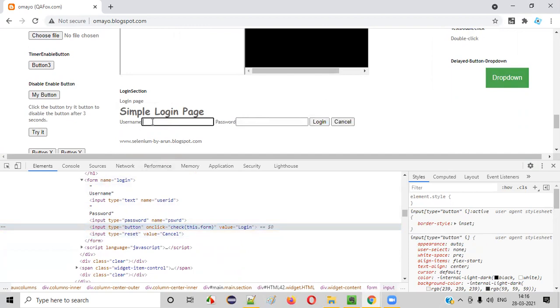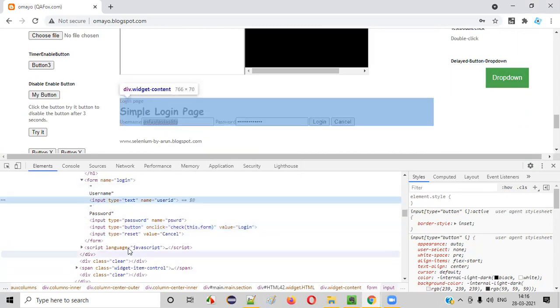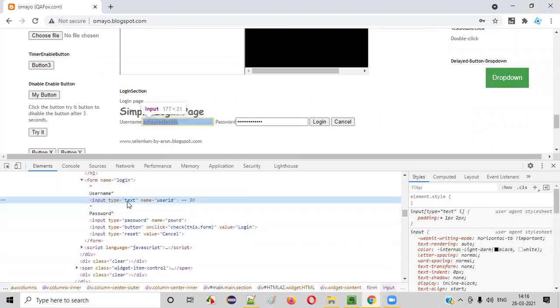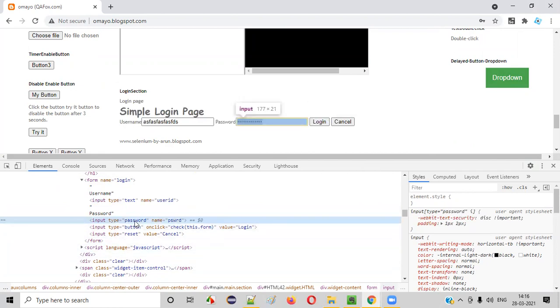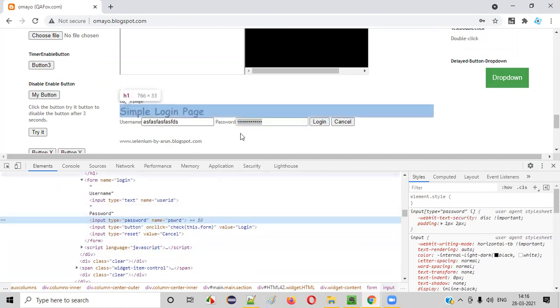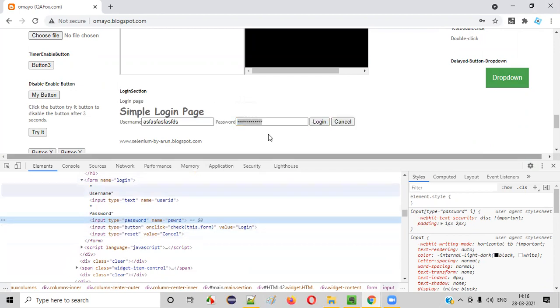Here itself, guys, if I enter something into the username, it is visible. If I enter something into the password, it is not visible. Let me inspect. The input tag for this username has the attribute type equal to text. That's why the text is visible here. But this is also an input tag, guys. This is also a text box field input tag, but the type is not text. Type is password. That's why in password, whatever you type will not be visible.